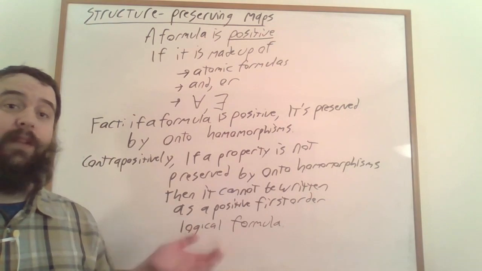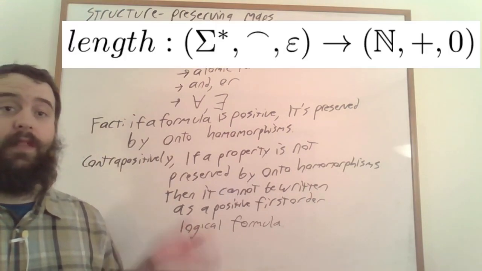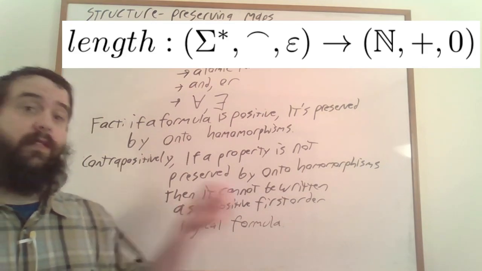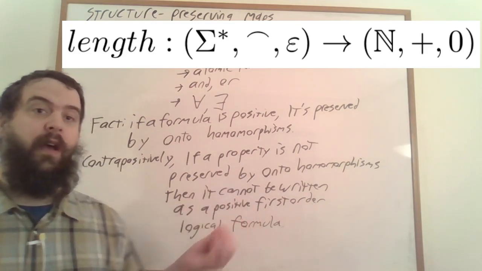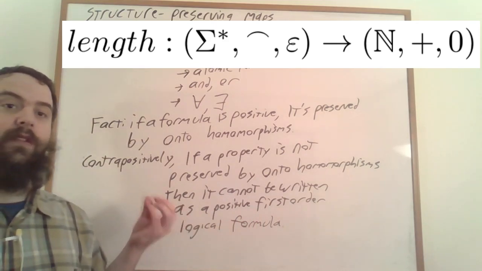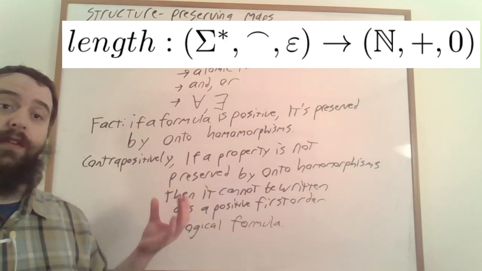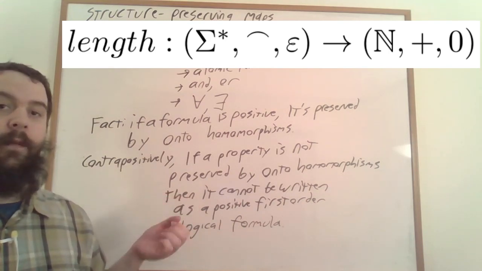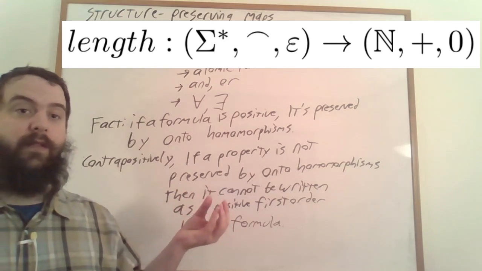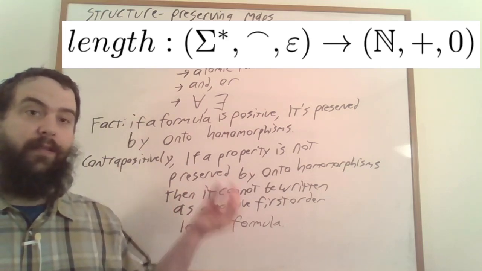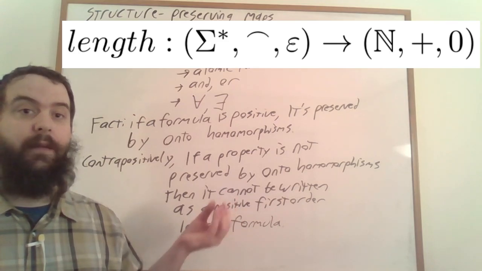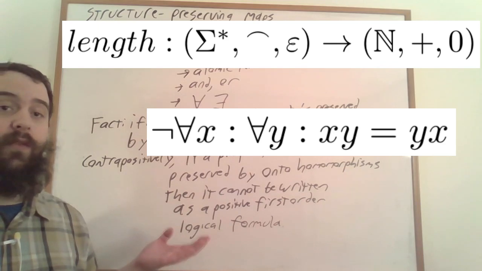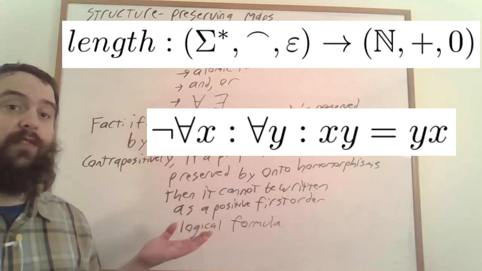For instance, if we look back at our onto homomorphism length, which goes from the set of words under concatenation to the set of natural numbers under addition, we notice that the set of words under concatenation is not commutative. That is, the order that you concatenate two words in can matter. Lengths, however, are commutative. If we add together two numbers, it doesn't matter the order that we add them together in. And so this tells us that there is no positive first-order logical formula that expresses that a structure is